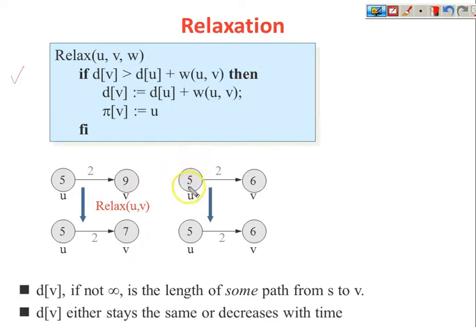Now let us take this example. Let's say at any point of time the d value of u is 5 and the d value of v is 6, and if we have a path from u to v of weight 2, then 5 plus 2 is going to increase, meaning more than this d value, so we are not going to change this. So the d value is going to change only when the d value of v is more than the d value of u plus the weight of this edge. Means if the d value of v is 9, which is more than 5 plus 2, then only are we going to change it. What we are going to do is keep the value as the d value of u plus the weight of this edge,